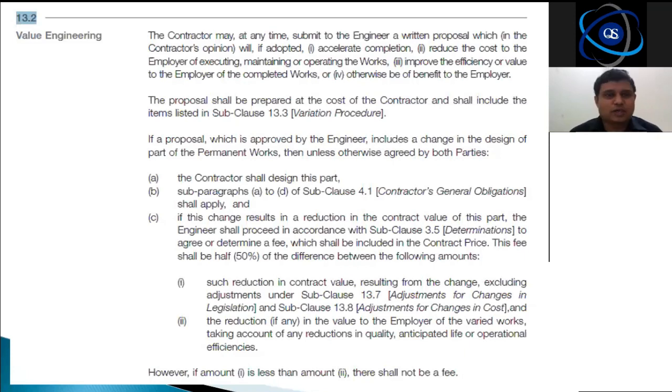Right? Okay. Then we are going to talk about the proposal shall be prepared at the cost of the contractor and shall include the items listed in subclause, and then it goes into the variation procedure. මෙන්න මේක දැන් මෙන්න මේ ඉතුරු ටික මම example එකකින් තමයි කියන්නේ. මොකද මම මේක මෙහෙම තියාගෙන ගියොත් ඒක boring වෙනවා. ඒක නිසා මම example එකක් අරන් ඔයගලන්ට මේ design එක I'll come back to this particular clause again